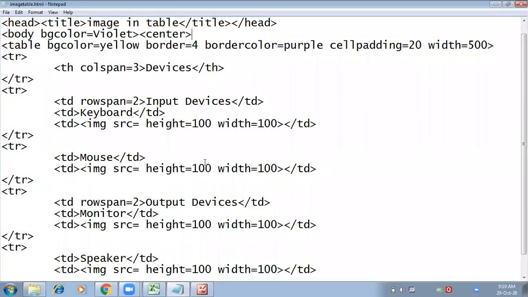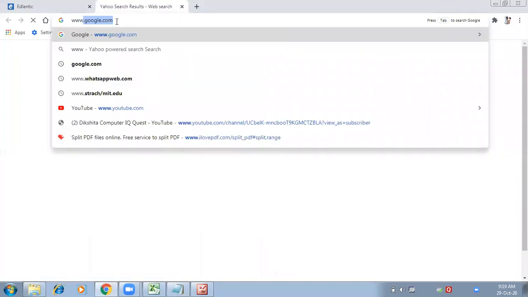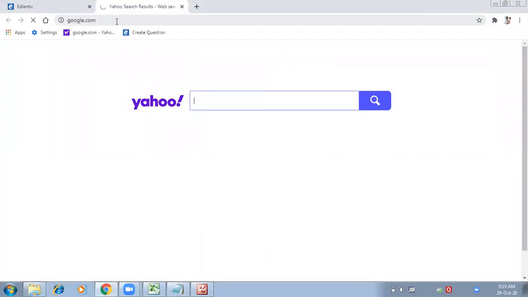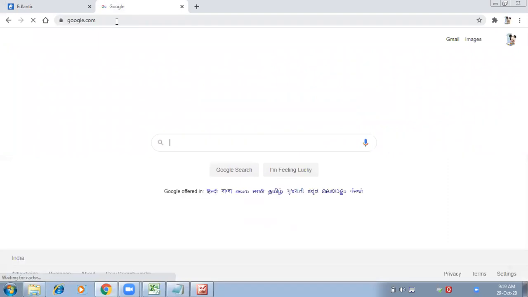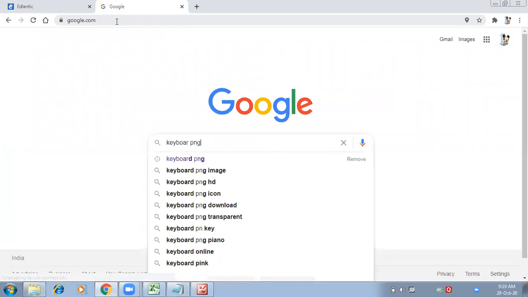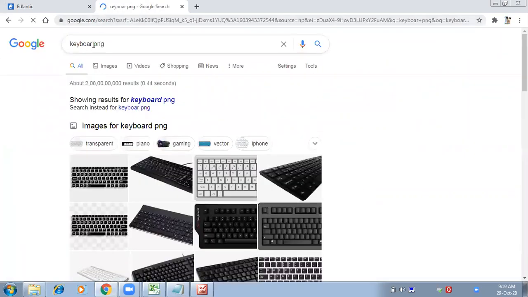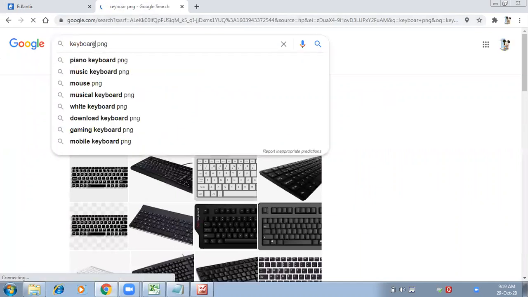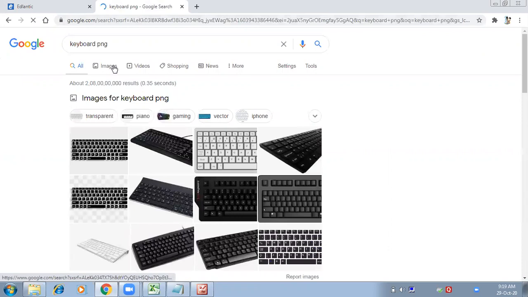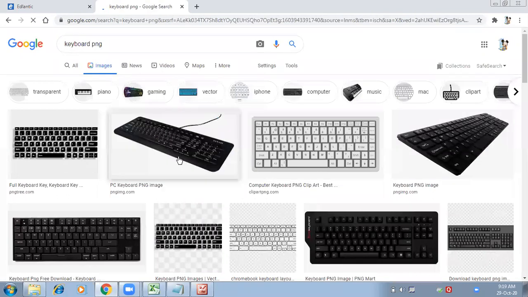Okay, now we have to search for the images of keyboard, mouse, monitor, and speaker, and then we will insert. So I'm inserting PNG images only. Let us check this one.